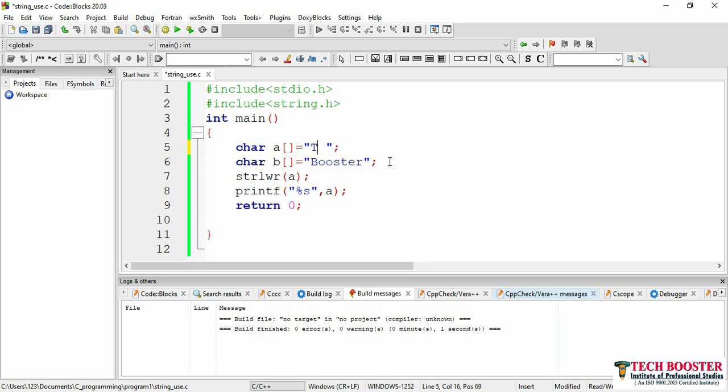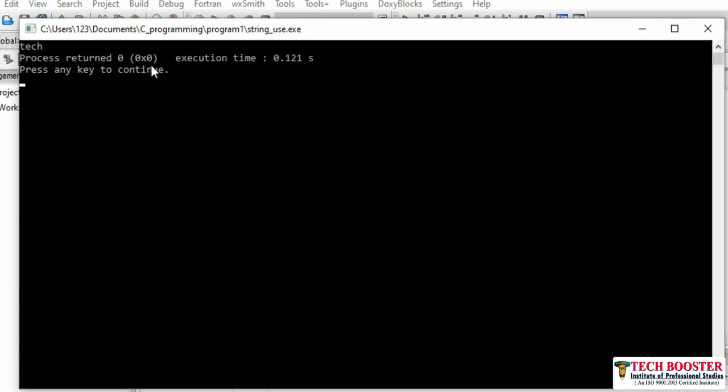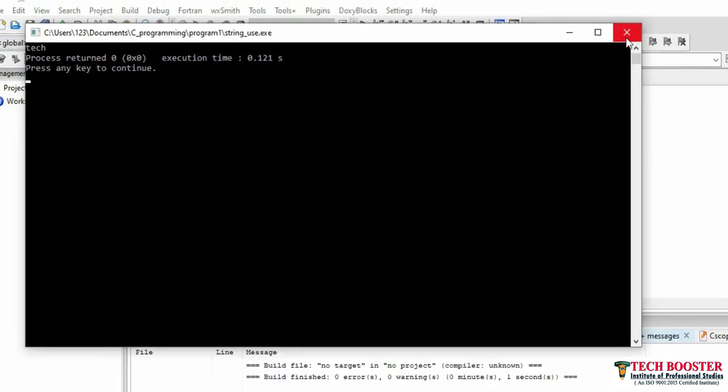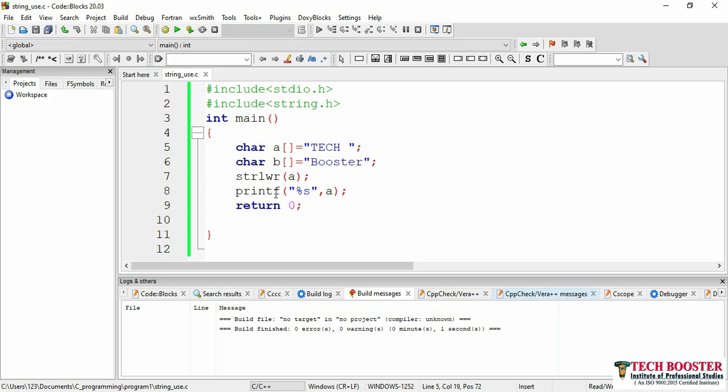If I consider all my characters to be capital, and now if you run, even then all your characters will be lowercase. Now you can see this is the way how you can use your strlwr function.